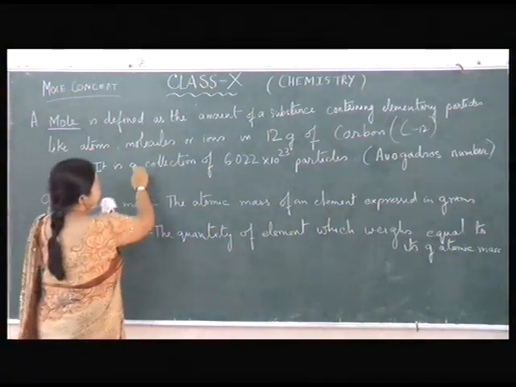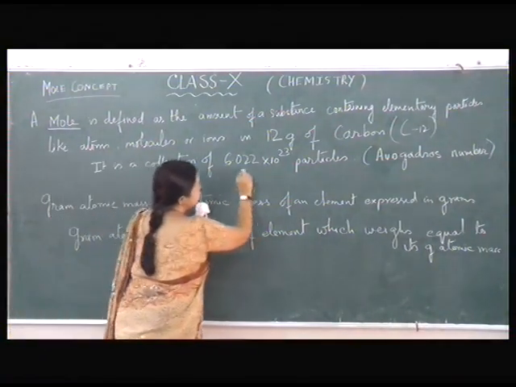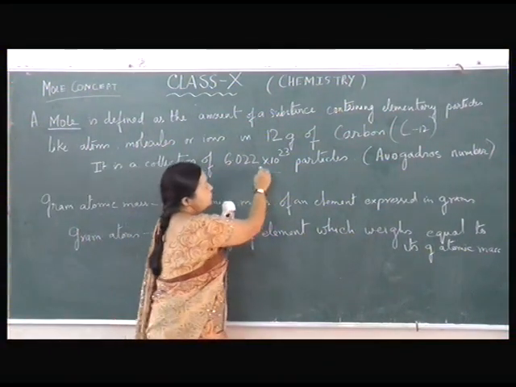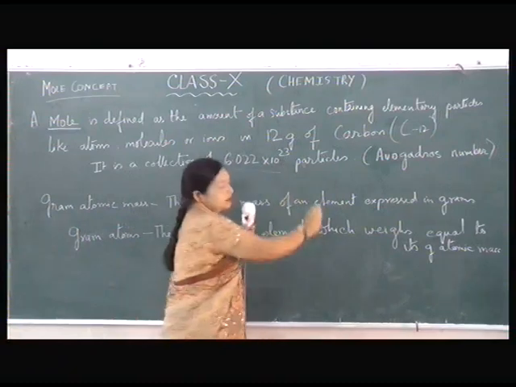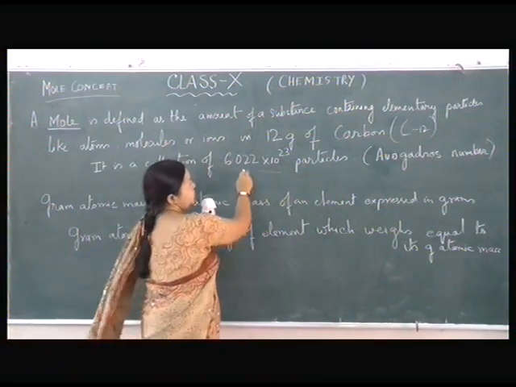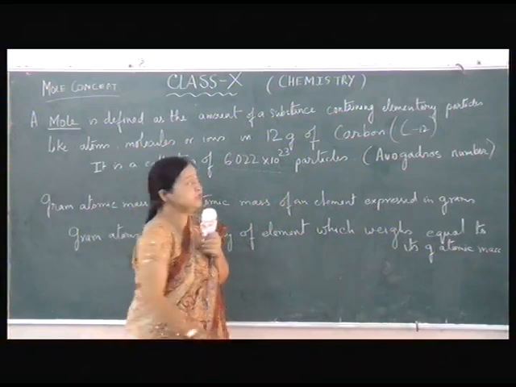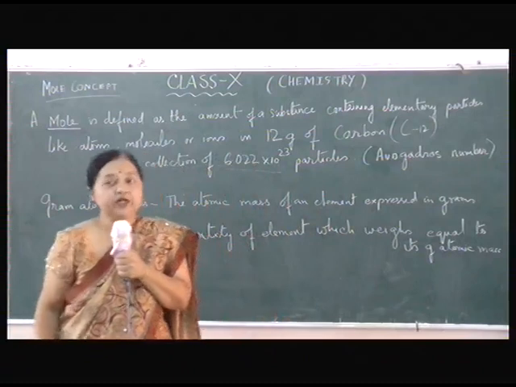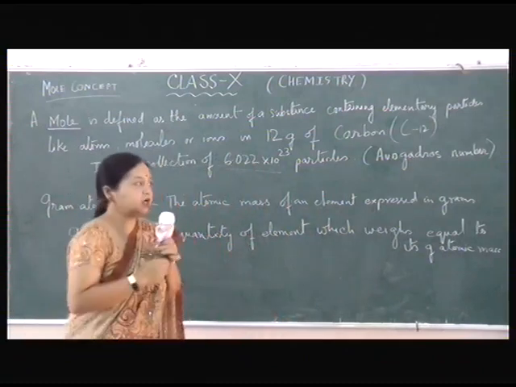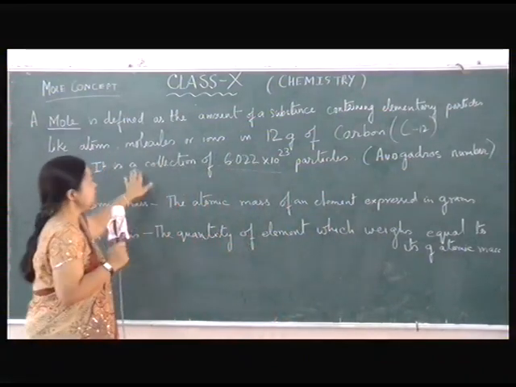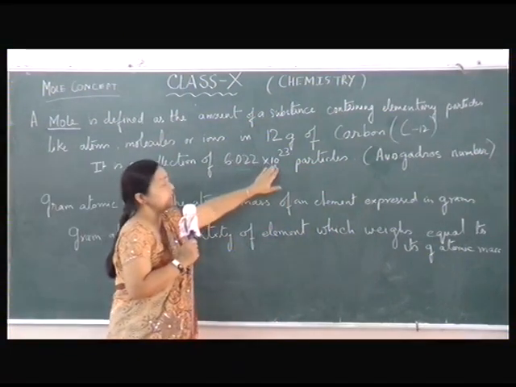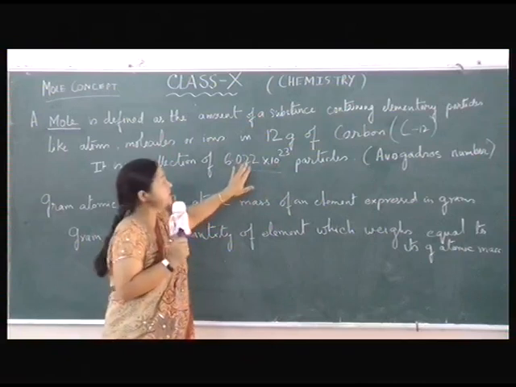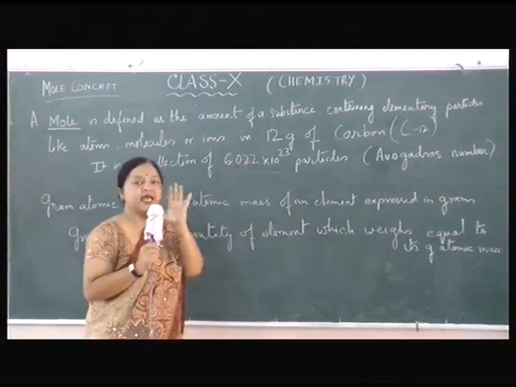And what is that number? In the case of a mole, the number is this. It is a collection of 6.022 × 10^23 particles. This number is also known as Avogadro's number. And naturally, in chemistry, the particles are atoms, molecules, ions, etc. So 1 mole means 6.022 × 10^23 atoms, or this many molecules, or this many ions also, any chemical particle.